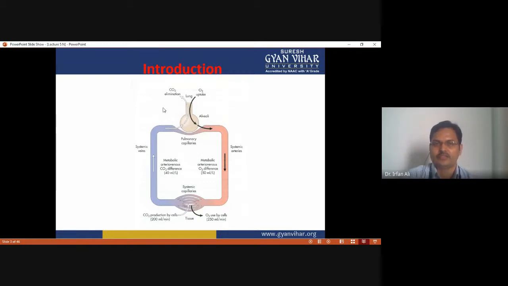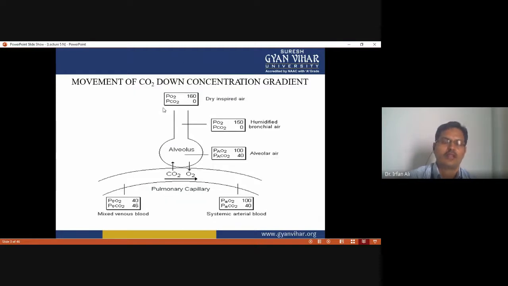So this figure shows the path of transport of oxygen and carbon dioxide. And this figure shows the movement of carbon dioxide down the concentration gradient by the process of diffusion. And how does this movement of CO2 take place down the concentration gradient? You have to see that